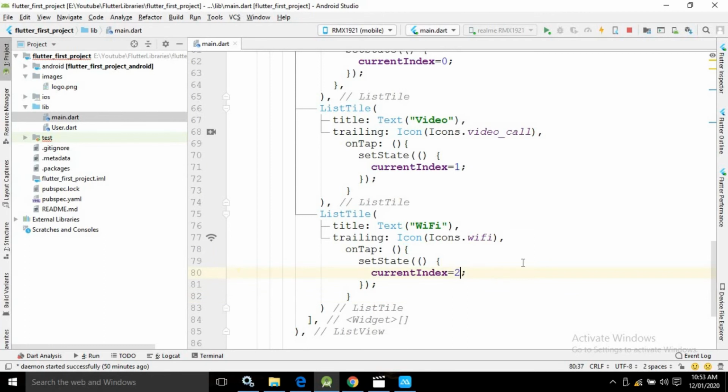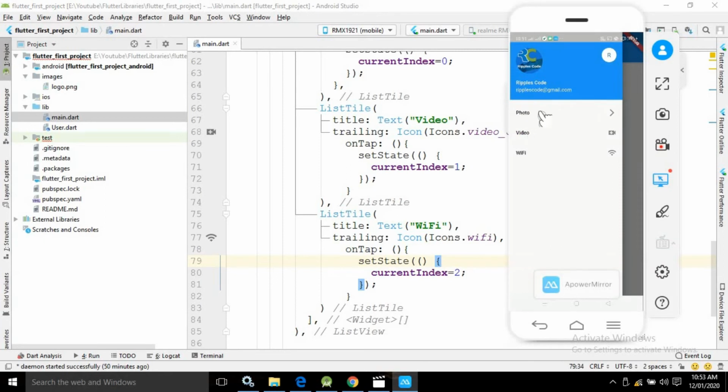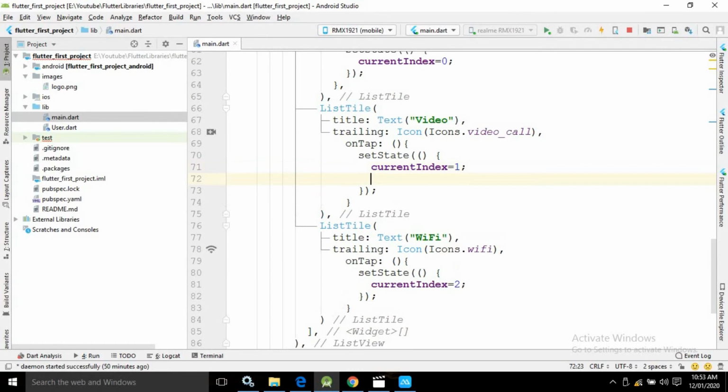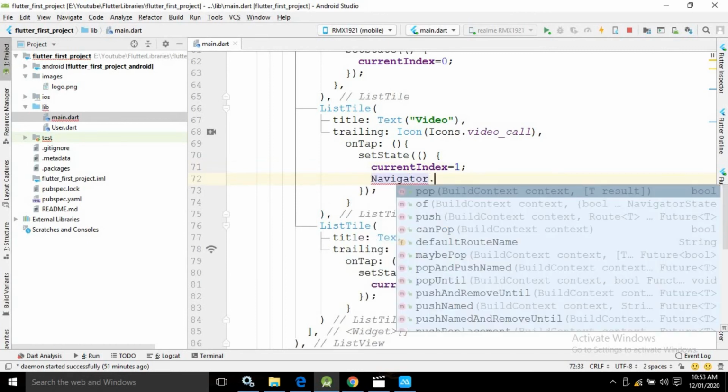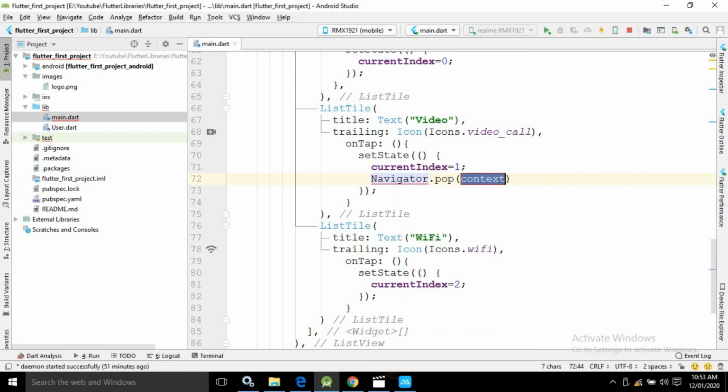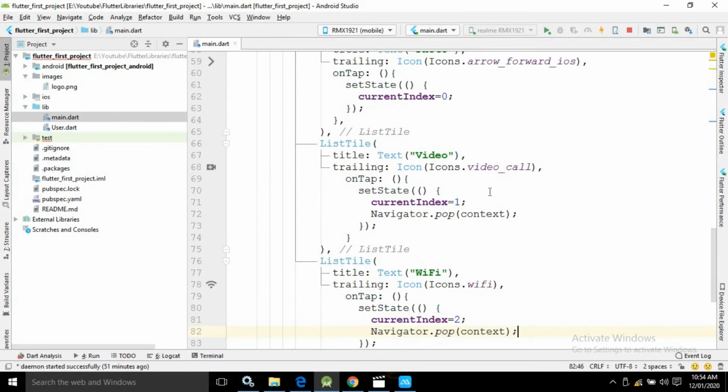Once these items are clicked, what I am trying to say is that whenever these items are clicked, I need to close this navigation drawer, and to close that, here I will use navigator dot pop, and here I will pass the context, right? Now put a semicolon. I will copy this here, and here also.